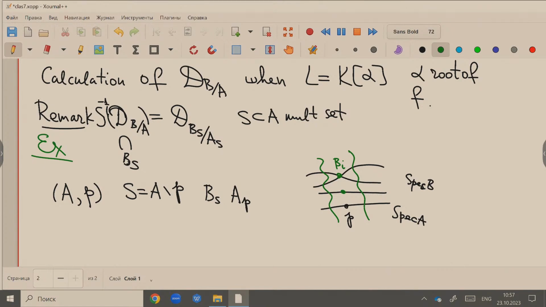In this case, we know that our field is generated by... So we have proved that BS can be generated by two elements. And then we proved that in this case,